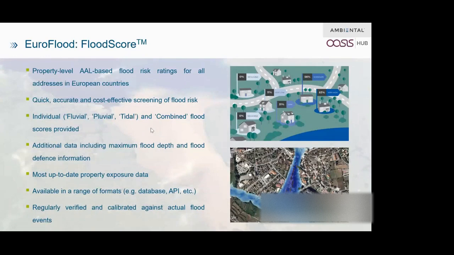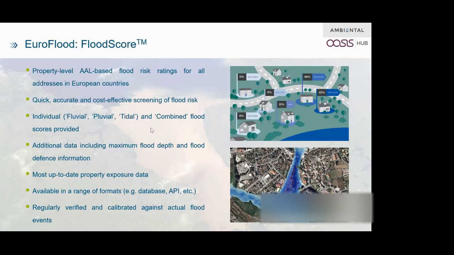Thank you. So now I wanted to talk a little bit about our EuroFloodScore products. These products provide flood risk ratings for all properties in European countries, covering both residential and commercial premises. Flood hazard depths are extracted from our flood map data to each individual address and combined with unique damage values to produce average annual losses, which are then scaled into flood scores of 0 up to 100. These risk ratings are also classified into bands from negligible up to very high and are consistent both within and between countries in Europe and beyond.